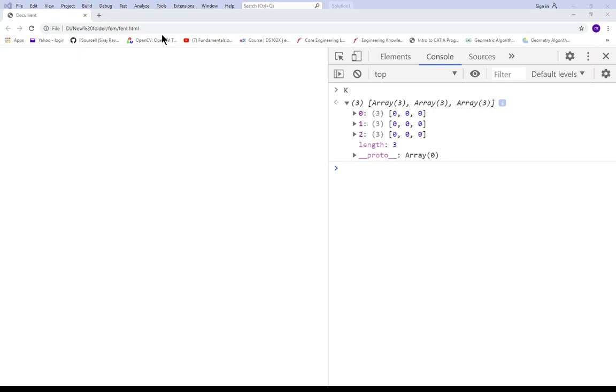So this is my stiffness matrix, and I divide this. I'm going to create a global stiffness matrix, which is of 3 by 3.